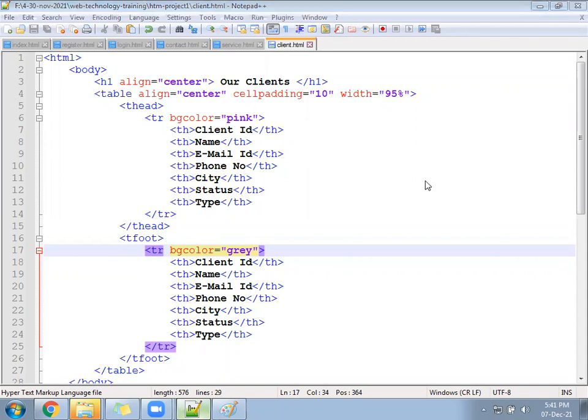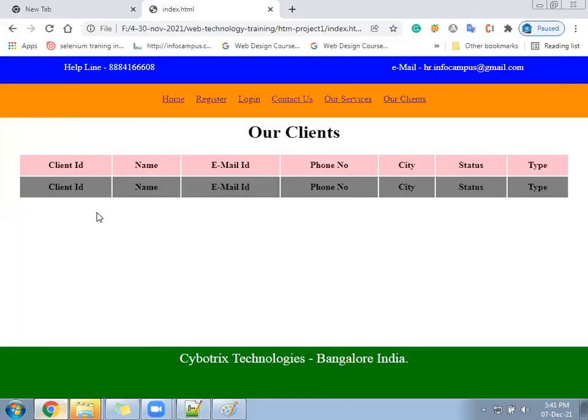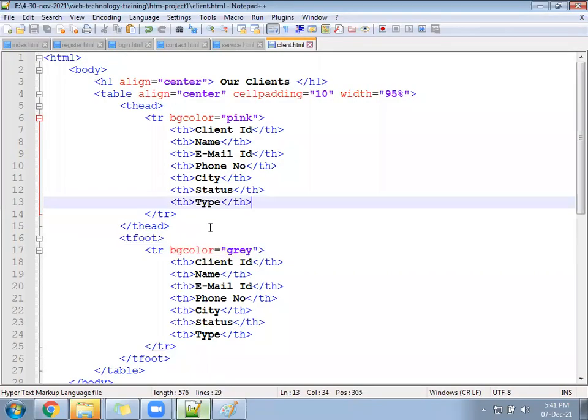Okay, then next is T body. T body you can add here between both.